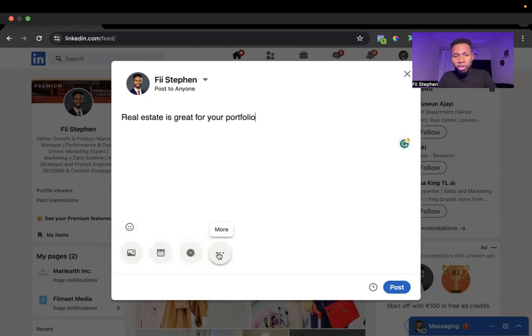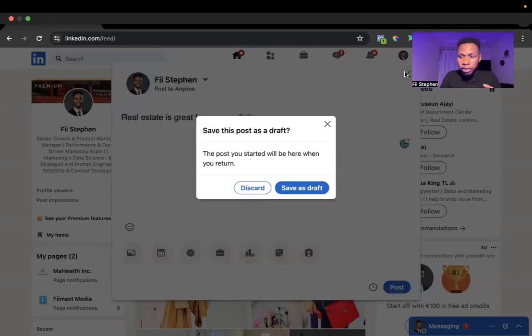You can celebrate an occasion. You can share that you're hiring. You can change this to a poll. You can add a document. You can find an expert, right? So these are examples of what you can add to your post. The most common addition is an image. That's what a lot of people add, okay? So you can add an image. Really, really important. All right, but this is the simple idea of creating a post. So a post is the first type of content you can create.